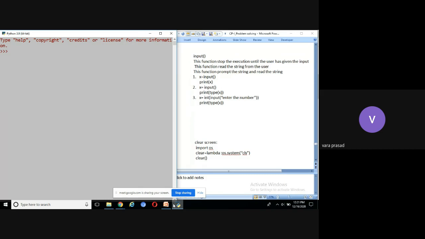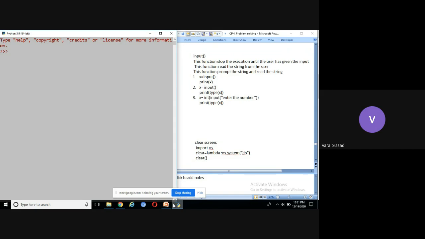The second one is the value of the variable. The third one is the type of the variable. The fourth one is the address of the variable. We can change the value of the variable throughout the program. What is a variable? A name assigned to a memory location to store some value is called a variable.